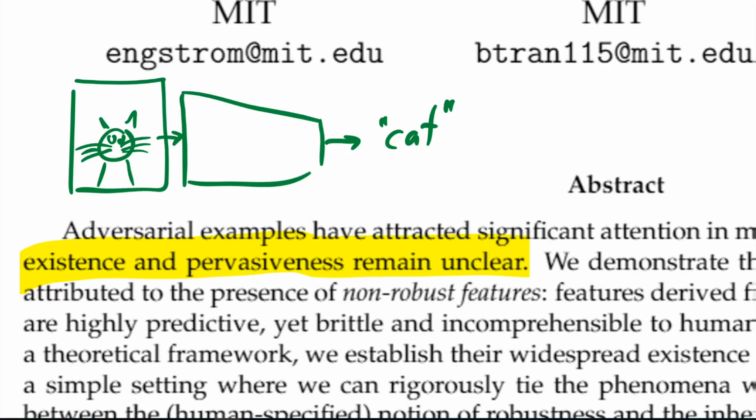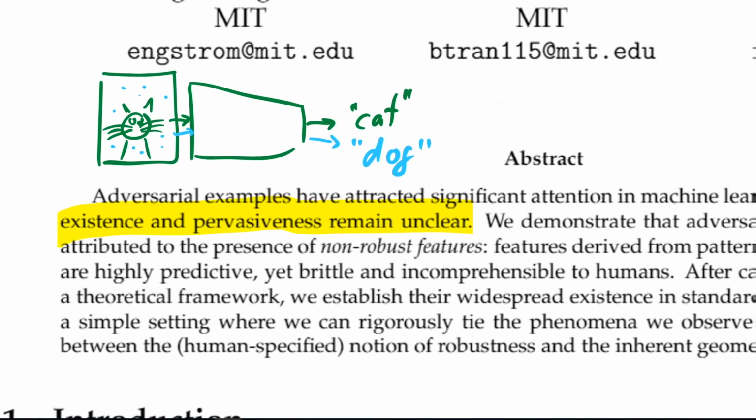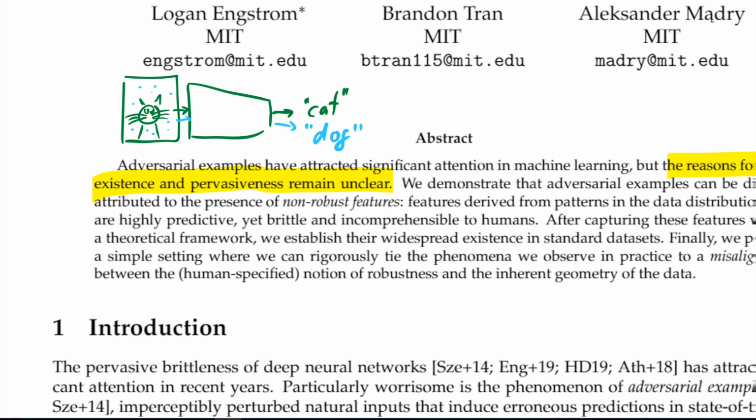Now, if you derive an image from it and perturb it just very slightly, very subtly, so you change some pixels here and there in a very targeted way, and you feed that new image through, then the classifier will say dog or something. You can make it say anything, like airplane or sky or whatever you want. So these are called adversarial examples, and it's true their existence and the reasons for their existence and pervasiveness remain